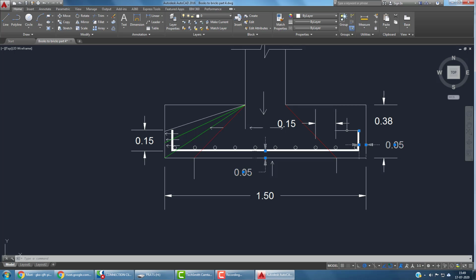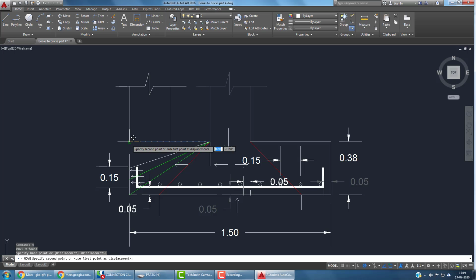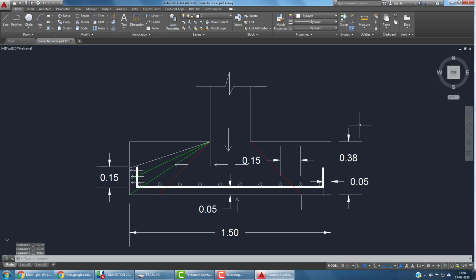Only when negative reinforcement comes into the picture. When I say negative, it comes only when it is eccentric. Let us say this column is coming somewhere at the edge here, correct? In that case, what will happen? The footing on this side will try to lift something like this due to cantilever effect. That is when your reinforcement will come at the top here, correct? Otherwise, there is no requirement.